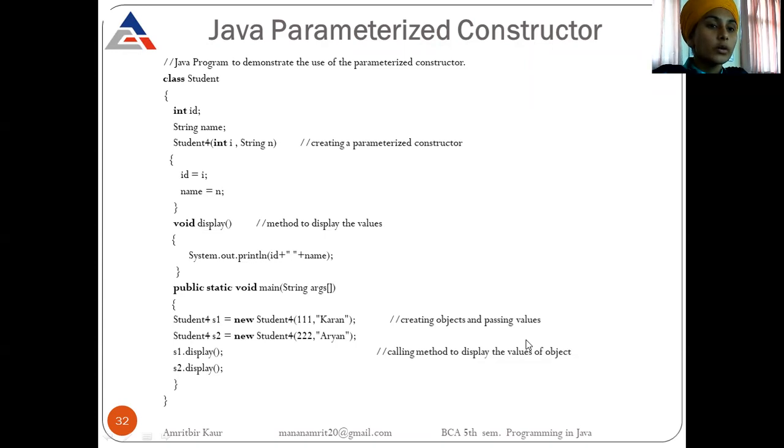If we want to use more than one constructor, then, as we know, the name will be the same because a constructor must have the same name as the class. So now we will see about it, and this is known as constructor overloading.